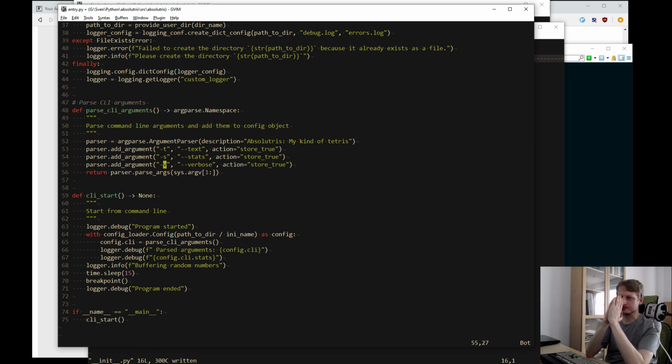I'm not sure exactly what I wanted to use the command line parameters for, but in text mode I wanted basically to play Tetris in a text mode. Which must be awful. Maybe a useless idea.